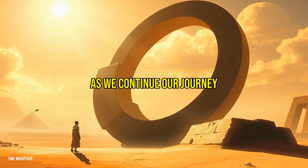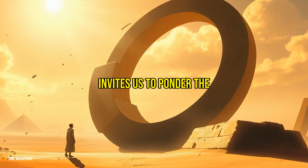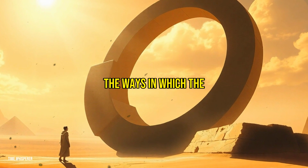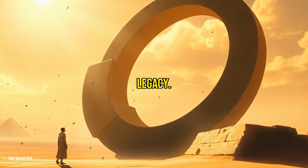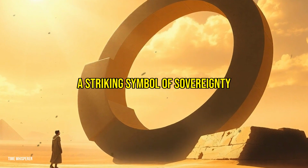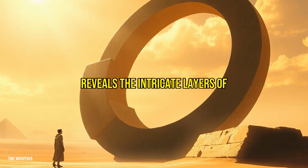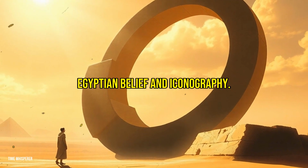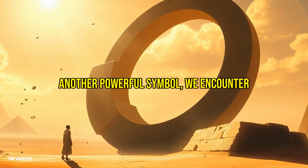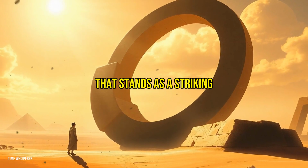As we continue our journey through the hidden symbols of ancient Egypt, the Shen ring invites us to ponder the enduring power of eternity and the ways in which the ancients sought to preserve their legacy. Next, we'll explore the uraeus, a striking symbol of sovereignty and divine authority that further reveals the intricate layers of Egyptian belief and iconography. Now, shifting our focus to another powerful symbol, we encounter the uraeus, the rearing cobra that stands as a